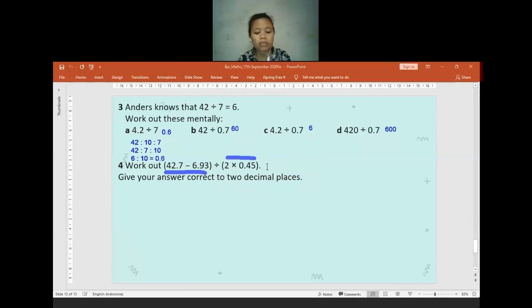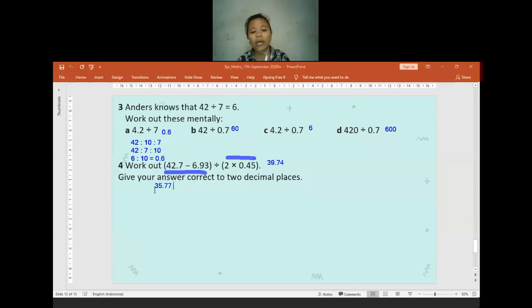Is there anyone who is confused about how to get 39.74? You can tell me, so I will explain how to find it. If you do not ask me any question, it means all of you already understand. No question for sure? Maybe anyone can tell me, for the first bracket, 42.7 minus 6.93, what is the result? Yes, it will be